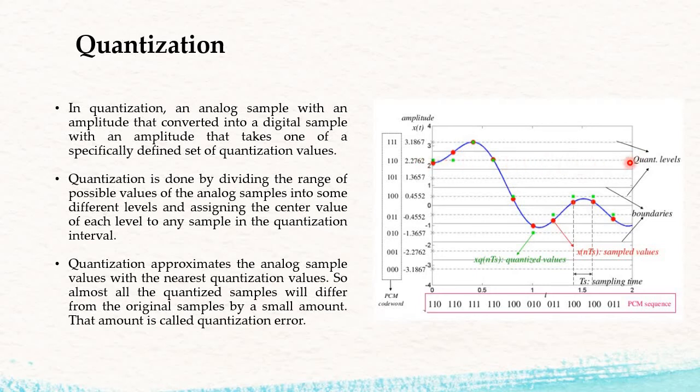And to each quantized level we have assigned one encoded value. So whatever samples are present over here are all quantized to the level given by 2.2768, and the assigned digits for that are 110, that is your PCM code word. If you observe, for these two we get the same value, 110 and 110. Now the next one, which is in the next range, is assigned the value 111. Now again this second one is in the range of 3 to 2, so it is assigned the value 110. So that is the job of quantization.